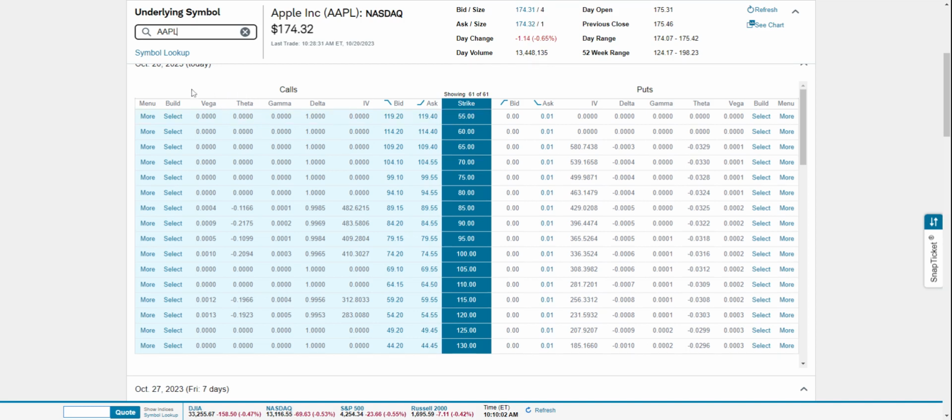Vega is a volatility calculation. Theta is a time calculation. It's the decrease in value on any given day. And these numbers will change from time to time. The gamma is the change in delta, and the delta is